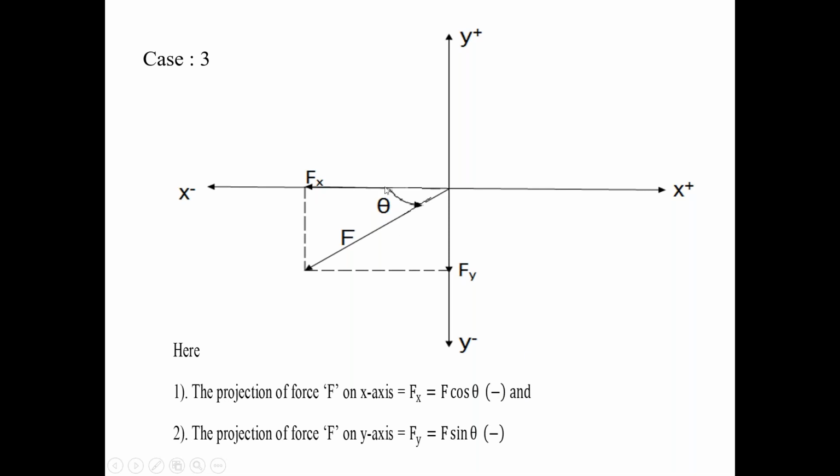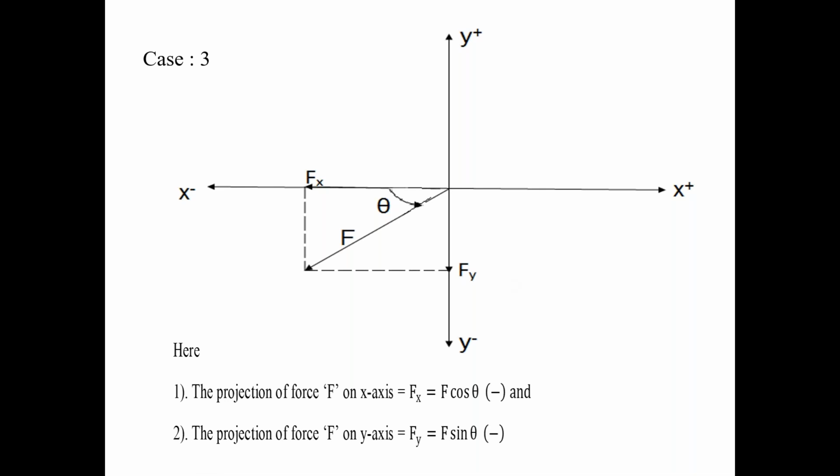So in this condition 3, Fx is equal to F cos theta, negative projection, and Fy sin theta is equal to opposite side by hypotenuse. What is that opposite side? Fy. Hypotenuse is F. So Fy is equal to F sin theta, direction of Fy towards the negative y-axis. So it is the negative projection. So in the third condition,